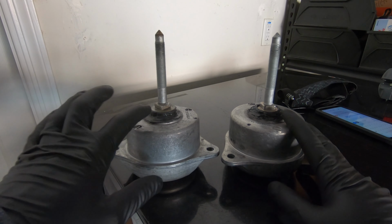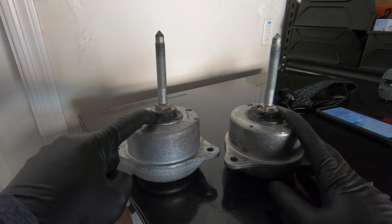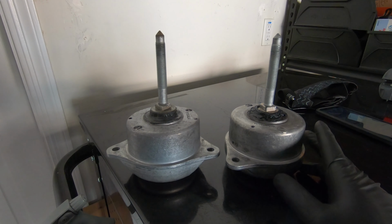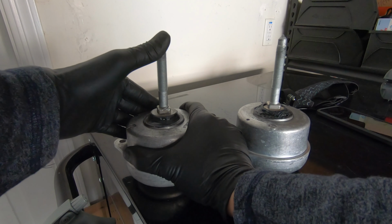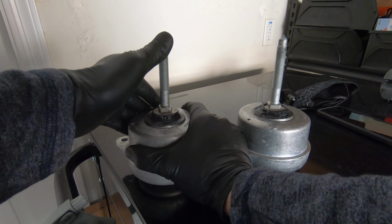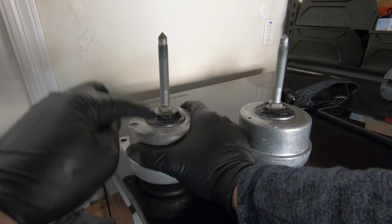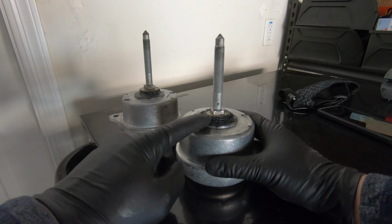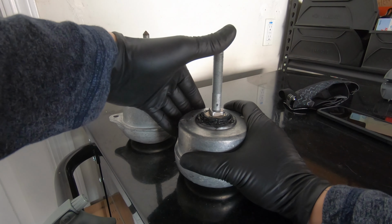All right, car fanatics, so this is the motor mount filled with the Loctite, and this is the one with the window weld. Let's do a quick test of the stiffness of the two. Here's the one with the Loctite. I can still flex it with my thumb. It's still a lot stiffer than the original engine mount. Now, take a look at the one with the window weld. Definitely looks a lot uglier because it's harder to work with, but